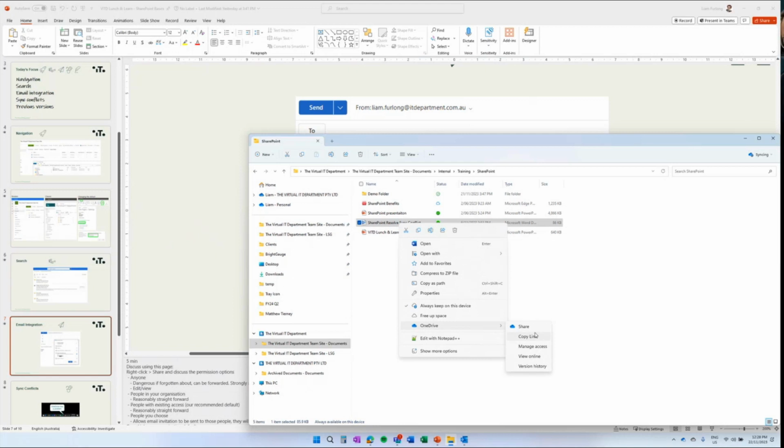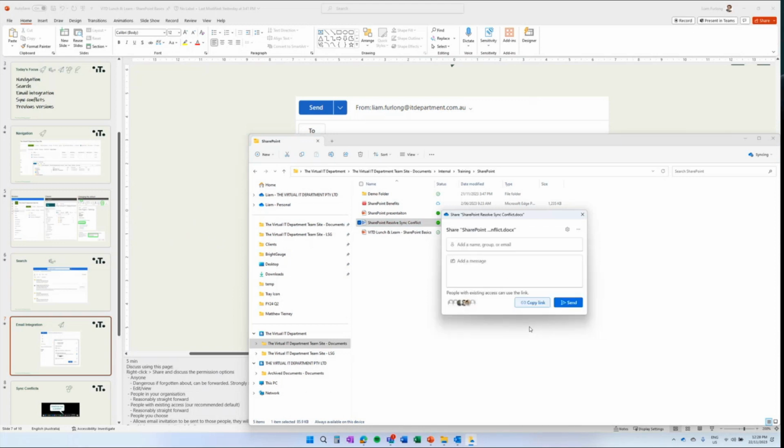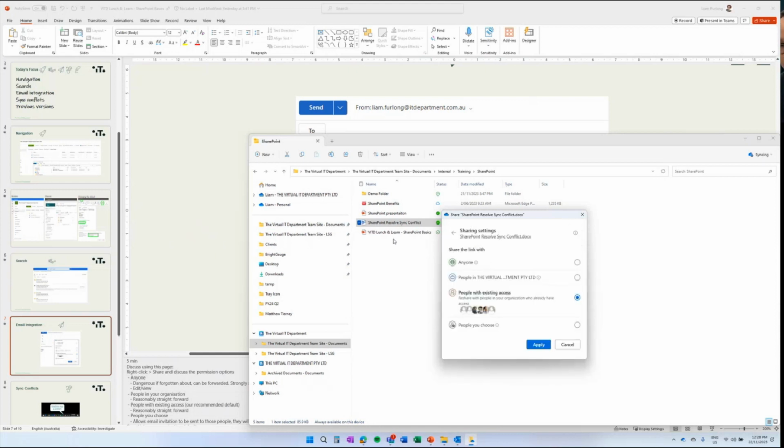So if your organization's default is share with people within the company, it will think about it for a moment and then pop up a window saying, here's the link, and it's copied to your clipboard. You can paste that straight into an email. If you want to select something a little bit different, then you can select the top option, and from there